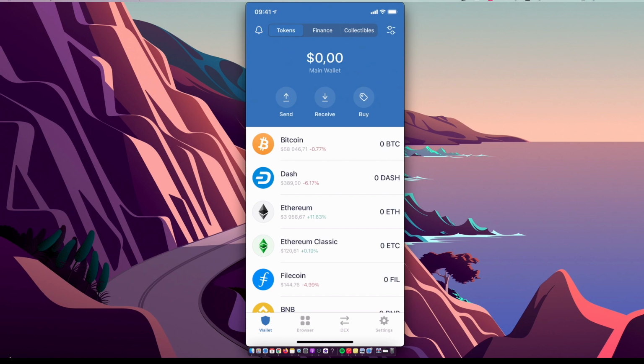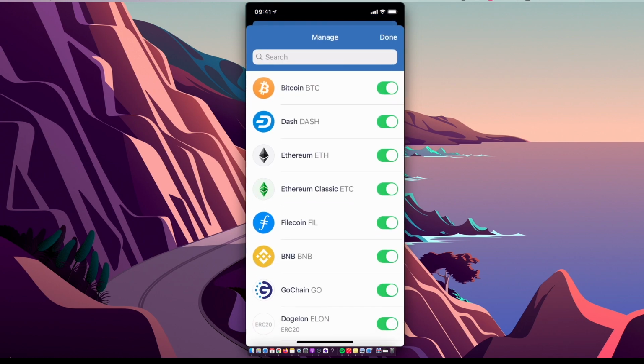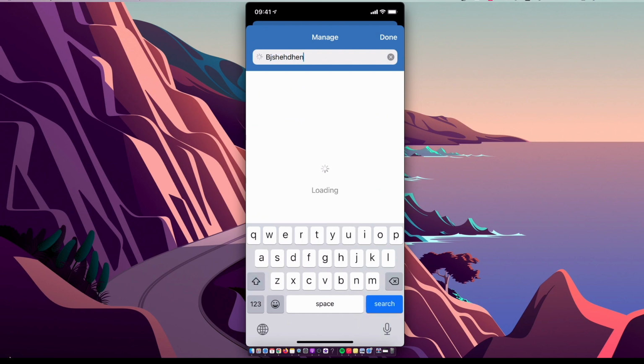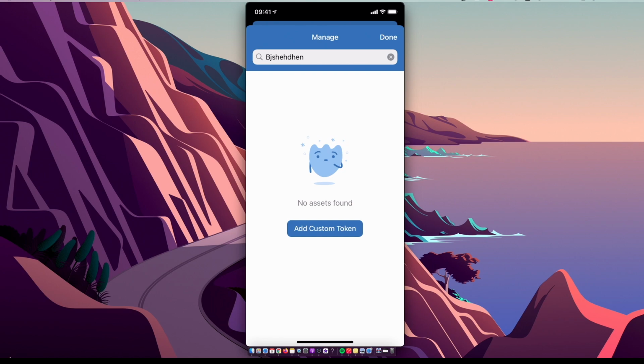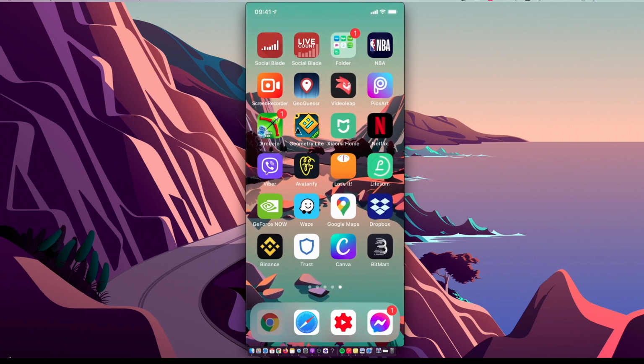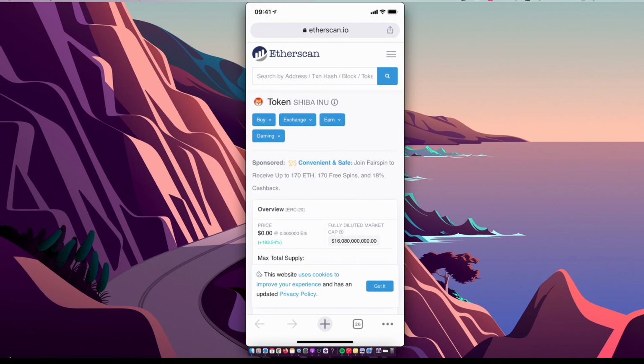So first, you need to press on, as you can see here, the two dashes with the circles on them in the top right corner, like here. Then in the search, put some random letters or numbers, and you should see "No assets found, add custom token." So add custom token here, select network, so it's Ethereum, and then you need to go on etherscan.io, look for